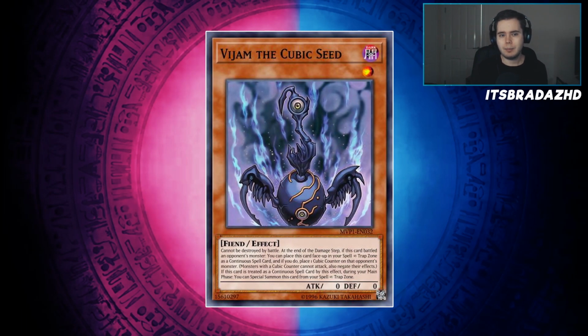So first up we have Vijam the Cubic Seed. This is your main normal summon of the deck, or one of them at least. It can't be destroyed by battle, and it's core to the overall strategy since most of the other Cubic monsters are dependent on special summoning multiple copies of it in order to fuel their special summons, so it's very, very important. And after this guy's battles, you can place it in your spell and trap card zone to place a Cubic counter on your opponent's monsters, and any monster with a Cubic counter can't attack and has its effects negated,